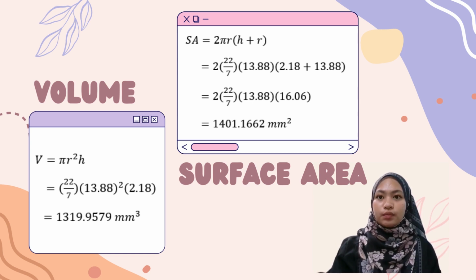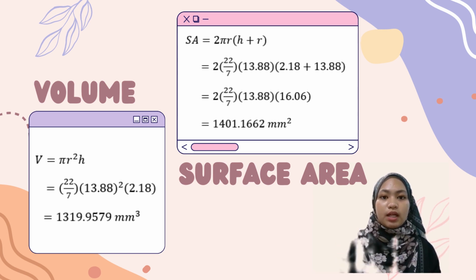So next, for the volume, we use the formula of the cylinder, which is pi r square h. So the calculation is 22 divided by 7 multiplied by 13.88 square multiplied by 2.18, and the answer is 1319.9579